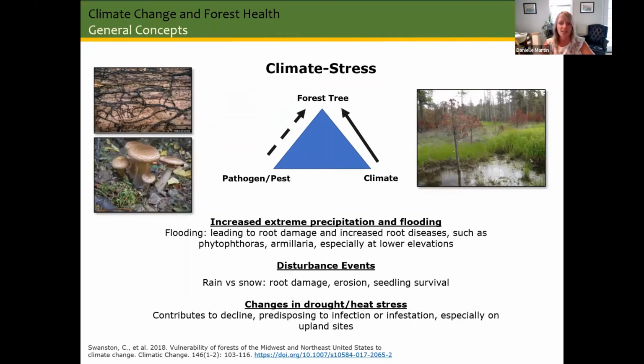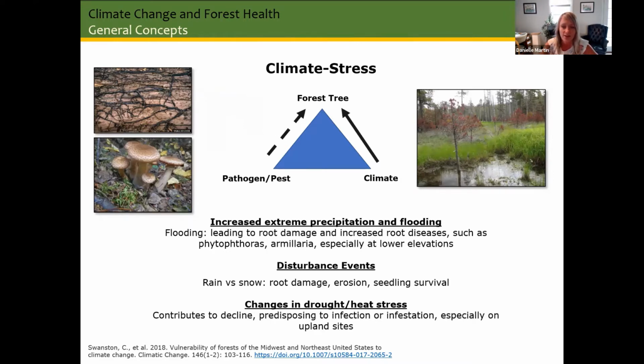The climate stress model is a little bit different. It shows how climate can affect the stress of the tree itself, making it more vulnerable to opportunistic diseases and insects. Climate factors such as drought, flooding, excessive heat, and freezing can directly stress and kill a tree. These same stressors can also damage trees, predisposing them to infection by secondary agents. It's possible that climate conditions that stress a tree may also increase the virulence of some pathogens,